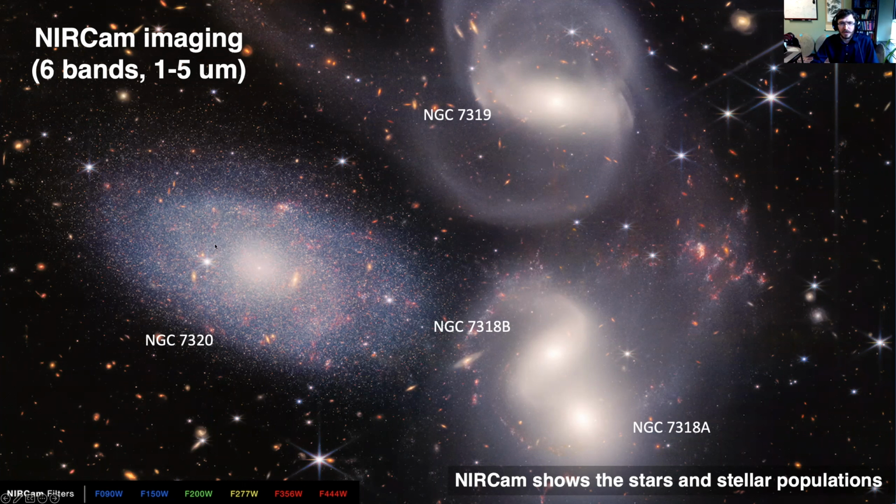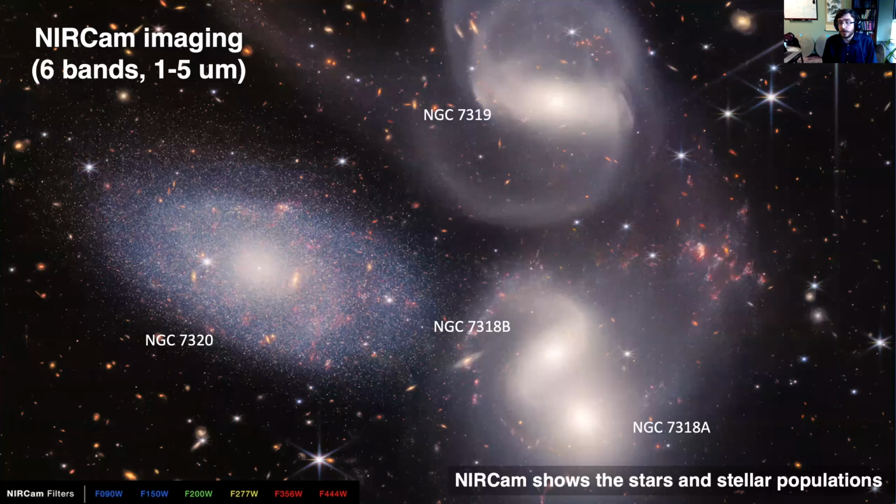So this one's actually a factor of 4 or 5 closer. You can start to resolve individual stars, as opposed to the smooth distribution of starlight you get in all the others. So it's a very active environment where you've got lots of galaxies all merging together. They're tearing off long tidal streams of stars, and you get massive bridges of gas and dust and star formation occurring in this region between the galaxies here as well. That's not obvious in this image.